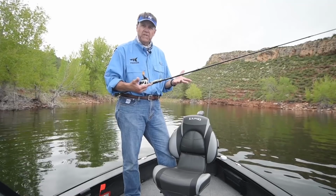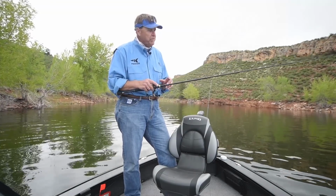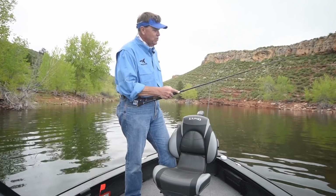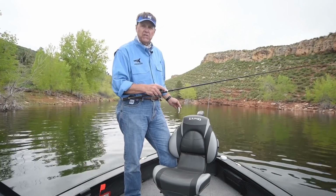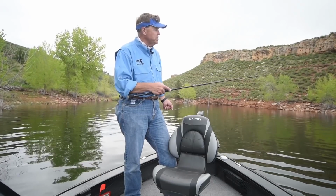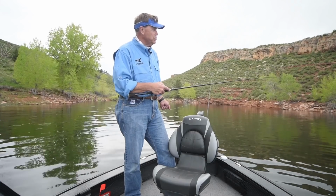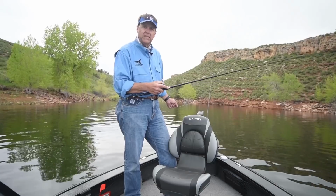So let me tell you what we've done to update and improve the Blackhawk II, which has been so popular for so long. The main thing is this. If you notice on this rod, we've got this nice fast-action rod, very powerful, but a nice soft tip. And that changes a little bit depending on which rod we're talking about. But the one thing that's consistent is we've upgraded this tip section to a solid glass tip for durability. And that's really a key on this telescopic design. You lose no performance, no sensitivity, but you just get that durability that that solid glass tip gives you in